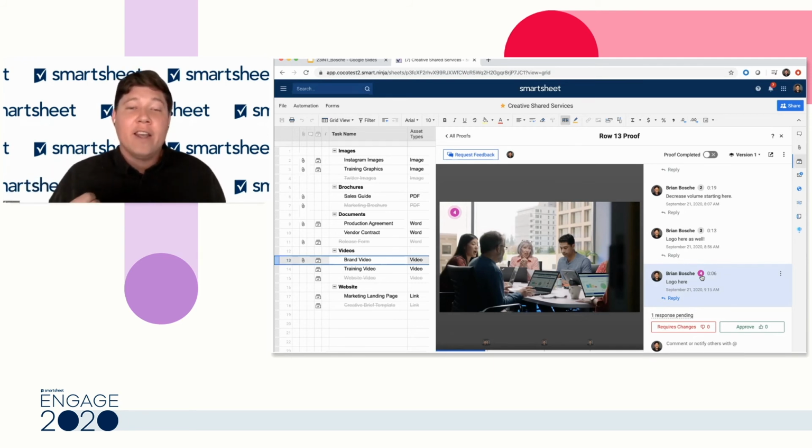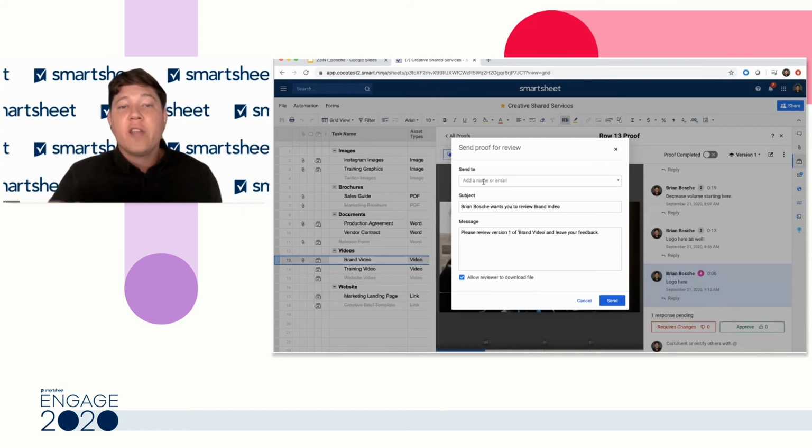And now I want to add in that this is kind of a more casual collaboration process. Let's say that you needed an approval. So you needed maybe that person who submitted the request to actually go and approve it, as you see here. Well, that's where you can use our request feedback functionality. This is where you can send an invite for review and approval to any valid email address, whether that's in your organization or outside your organization, and even outside of your Smartsheet account.